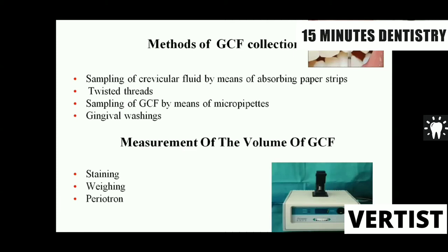Now, gingival crevicular fluid, according to some, is a transudate. According to some, it is inflammatory exudate. Now, there are different methods of collection of gingival crevicular fluid. It can be collected through absorbing paper strips, by twisted threads, by means of micropipettes, or by gingival washings. The different methods are either intracrevicular methods or extracrevicular methods. The measurement of the volume of gingival crevicular fluid can be done by staining, weighing, or you can use